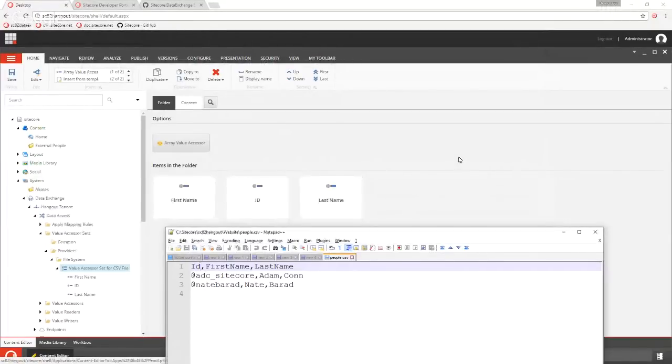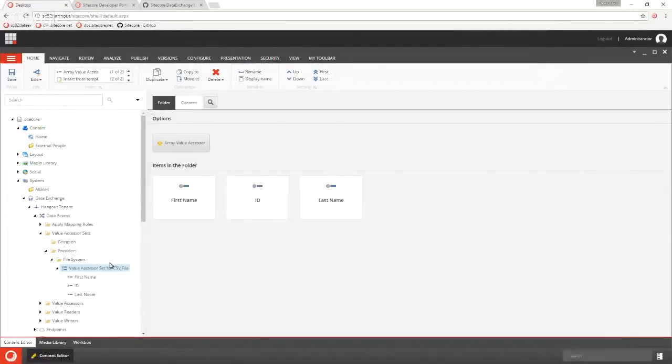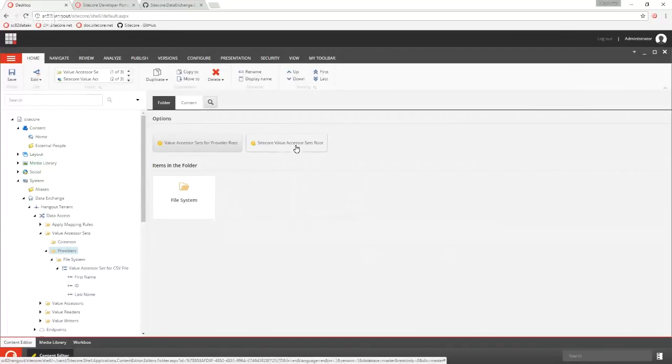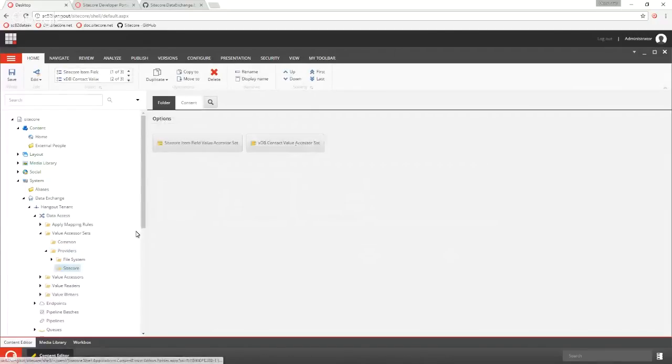Next thing I need to do is the same sort of thing, but for the SiteCore item. So this represents the source object that I'm reading. Next thing I want to do is I want to represent the target object. Folder, again, I need a root for SiteCore. So this creates a SiteCore folder. And there are two types of data that I'm able to write to SiteCore here. One is to use SiteCore items, and the other is to write to XDB contacts.